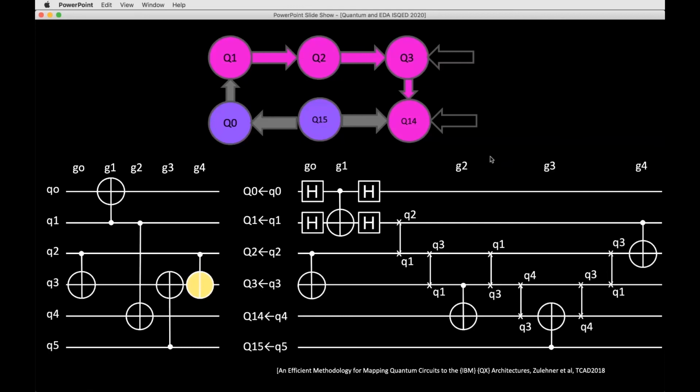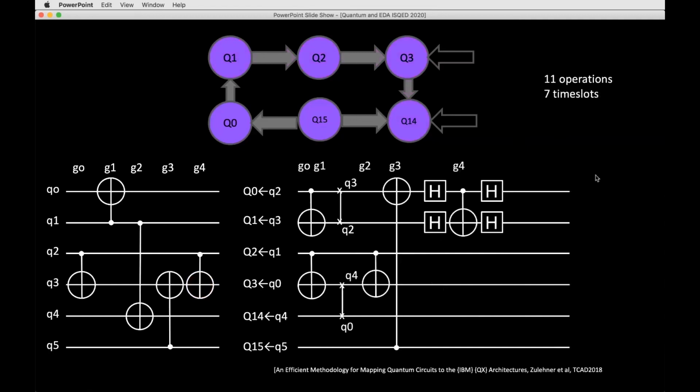So doing this, you can count, took us 15 operations, and it takes 12 time slots to do this computation. However, if you want to do this more optimally, you can actually do it in 11 operations and take 7 time slots by placing this thing better. So this is a very interesting place and routing problem, and certainly in reality this is even more complicated because,